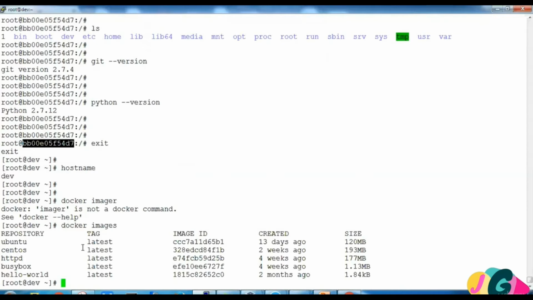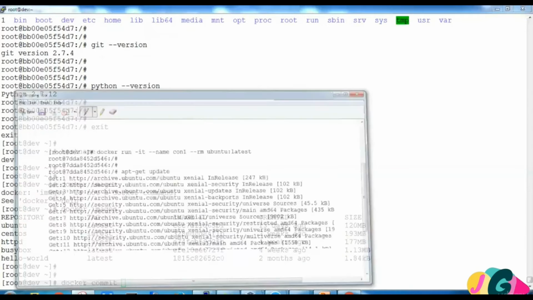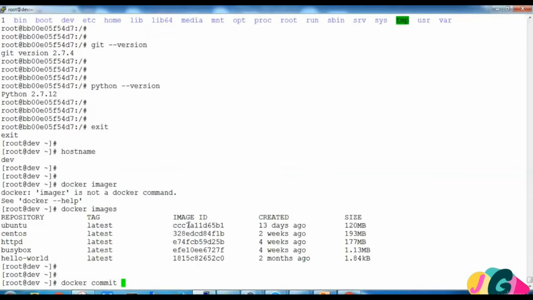But here, first we have to do the commit. So commit will create an image for us. The command is pretty simple: docker commit, and then the container ID.